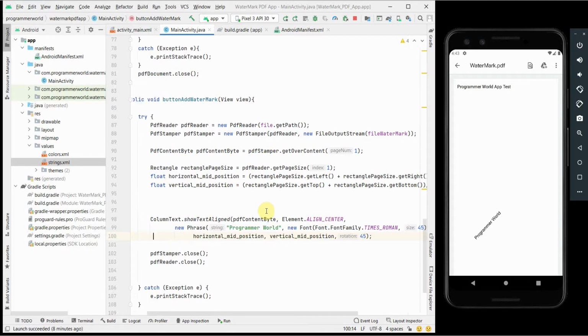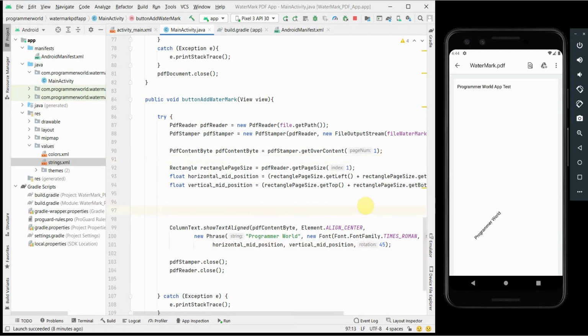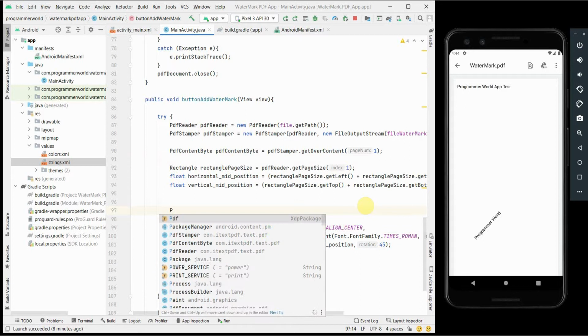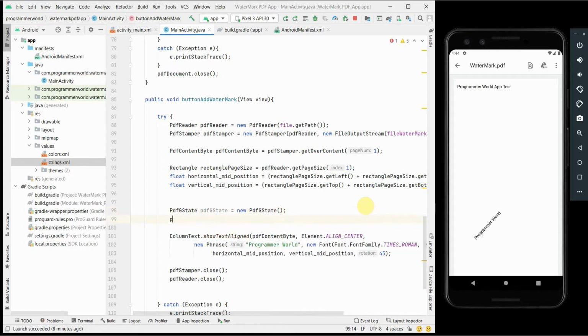Okay, this indentation I will take care of later, but this will take care of my font size. What else? I would also like to make it not the same dark color, I'd like to make it a little bit more transparent. So for that I'll add a variable. I'll create another object over here. That object is basically the graphics state which we have to set. So PDF G state is the one. I'll just create this quickly, and then I'll use this PDF G state to set the